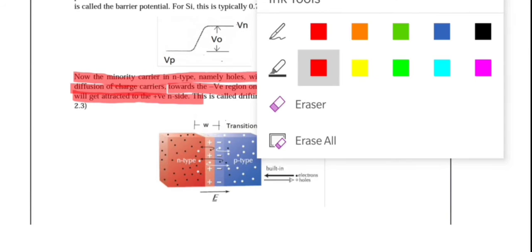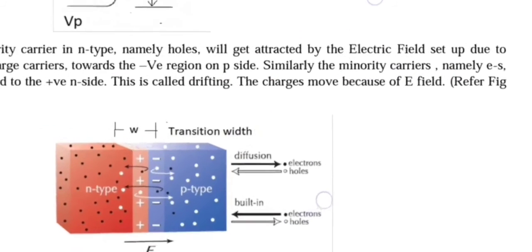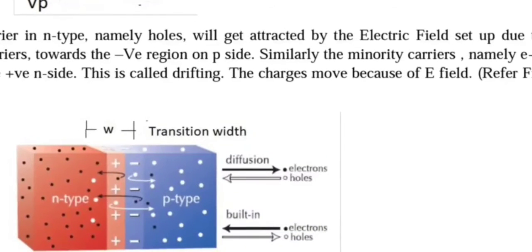You can see here in the figure, the n-type material, shown in red, has electrons as the majority carriers and some holes, marked in white. In p type, holes are the majority and the black dots are electrons. In the middle we have the transition width or depletion region width, marked as W. In n type we have positively charged donor ions, and in p type we have negatively charged acceptor ions.